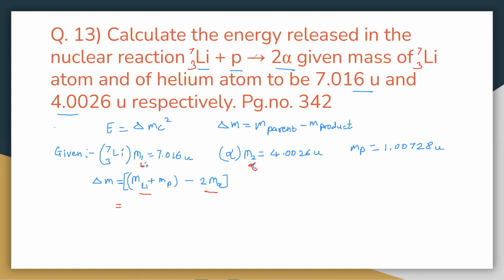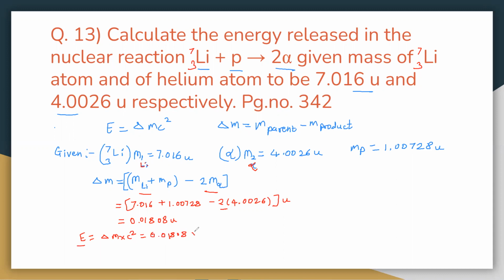So let's write the given values and add and subtract. So mass of lithium 7.016 plus 1.00728 minus 2 into 4.0026. Now we'll have to multiply this with 2. Then after adding and subtracting, we'll get 0.01808 in U. And energy release is del M into C square. So del M is now 0.01808